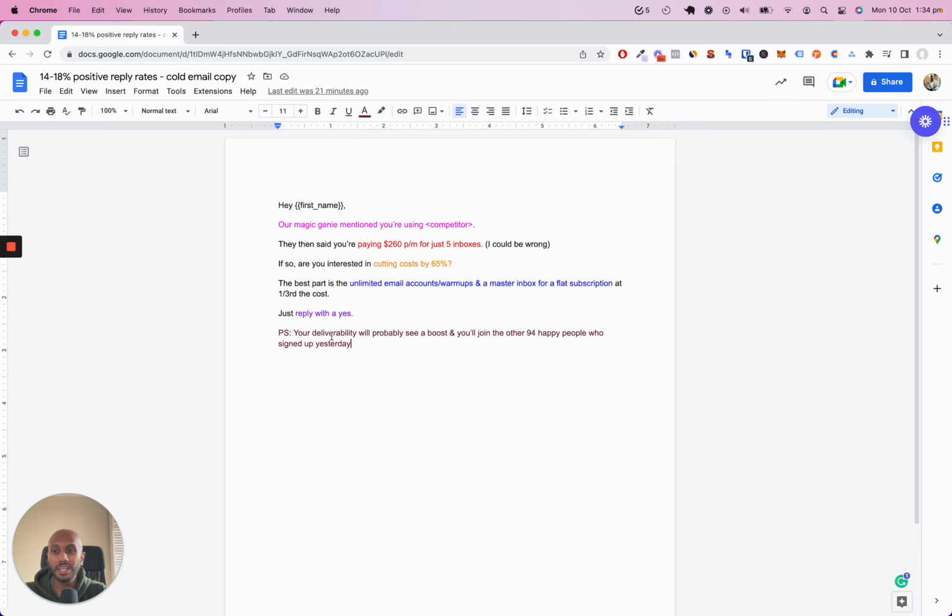So that's why the PS section, by the way, is read by about 74% of people, which is why I decided to put this over here versus in the main body of the email. Because I know I wanted to catch their eyes over here. What I did was, when they read this part, they might have had reservations, saying, okay, the price is fine